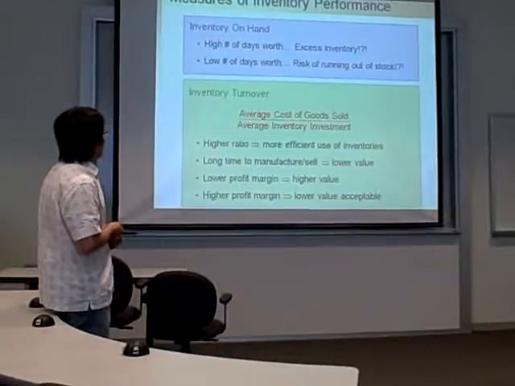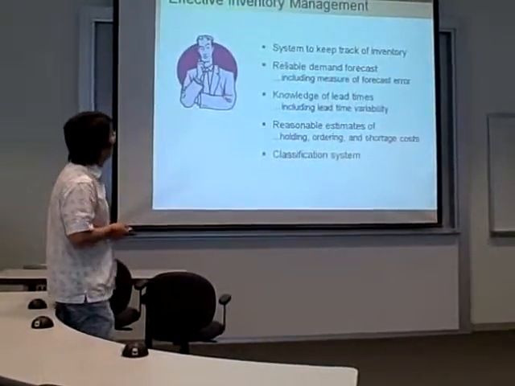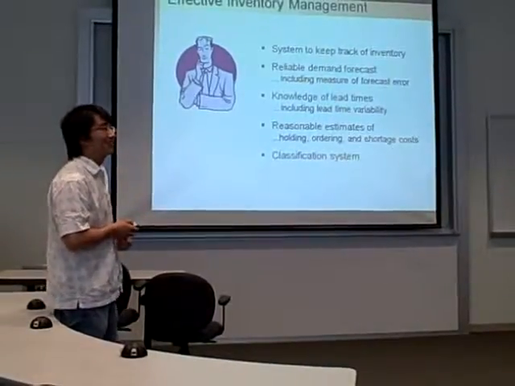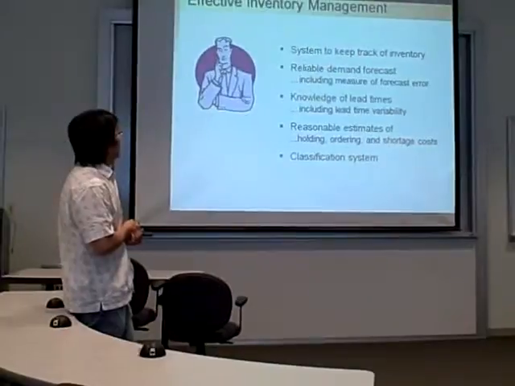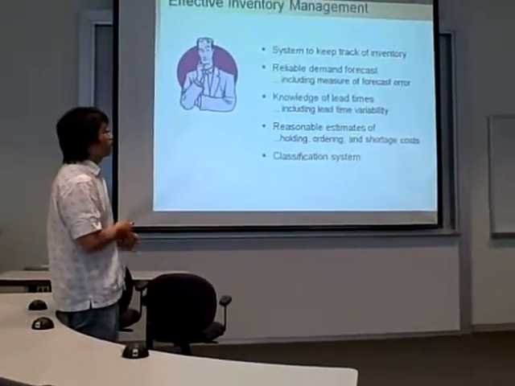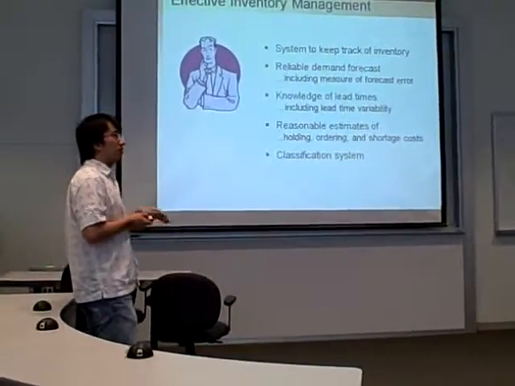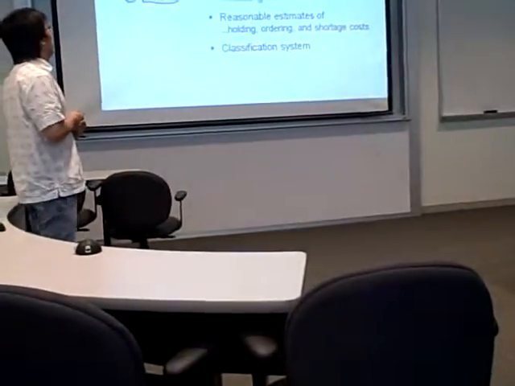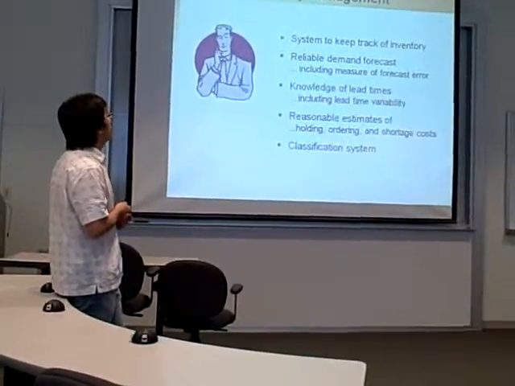Okay, let's keep it short. In order to have effective inventory management, there are several points we need to pay attention to. The system needs to keep track of the inventory. We have to have some idea about how much inventory we have now, and we have to have a reliable demand forecast. That is very important, and we need to know